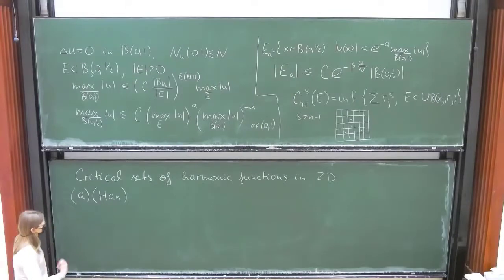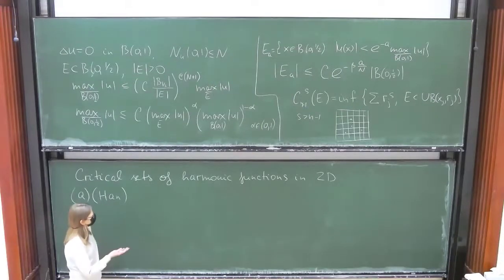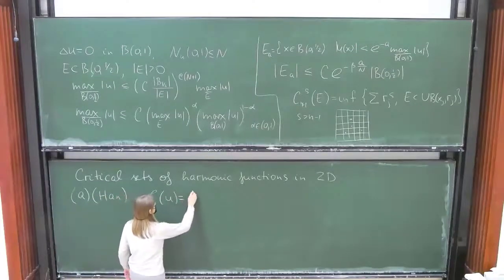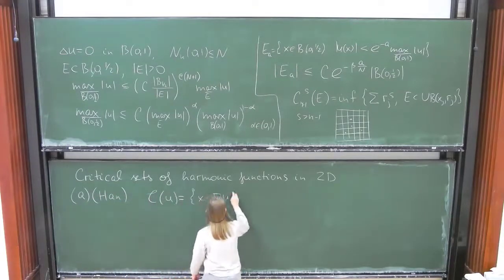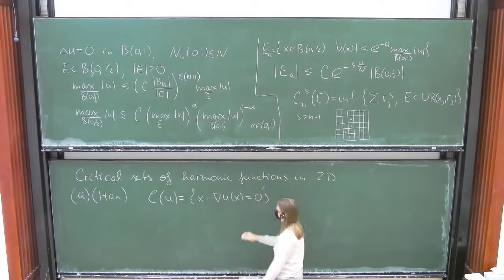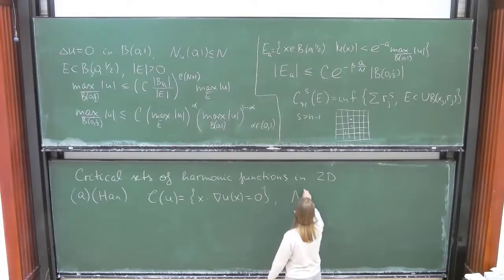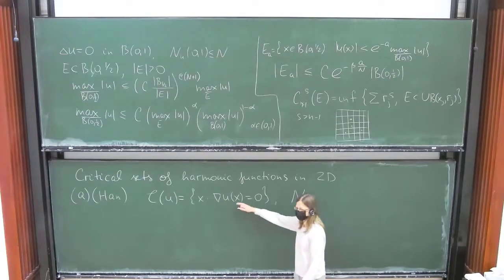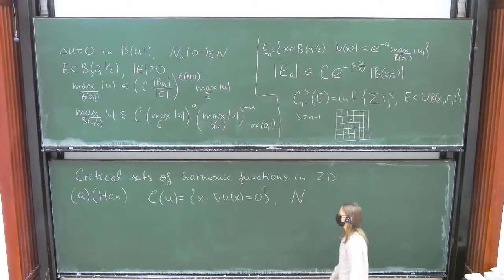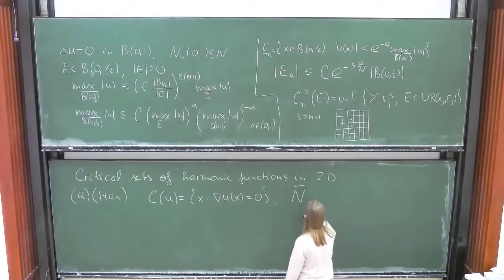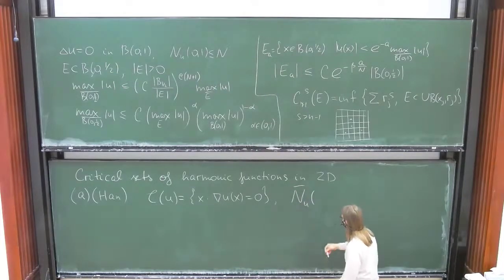And we will estimate the number of critical points of a harmonic function. By critical points, I always mean points where the gradient is 0. And for this, it's a bit better to change the definition of the frequency, because constant functions play no role here. So if we subtract a constant, nothing changes, and the frequency depends on this constant a lot. We don't like that, so let us define the upper frequency